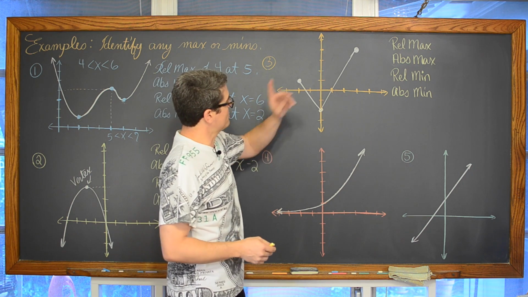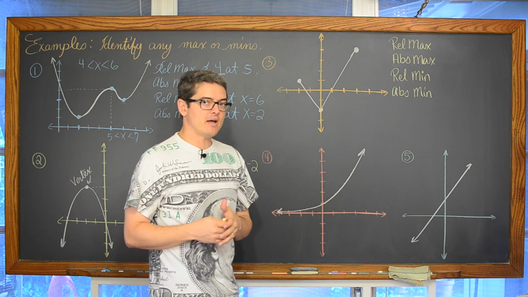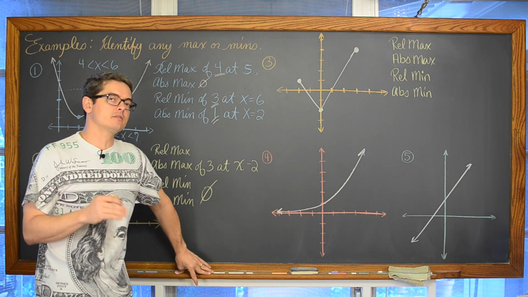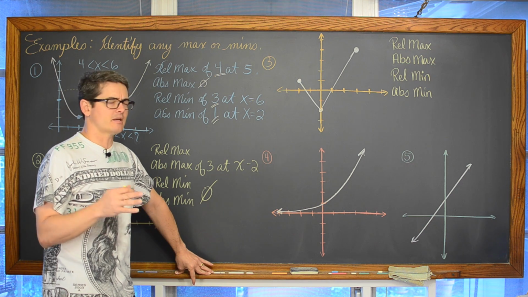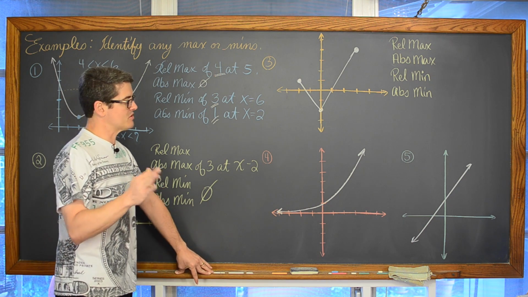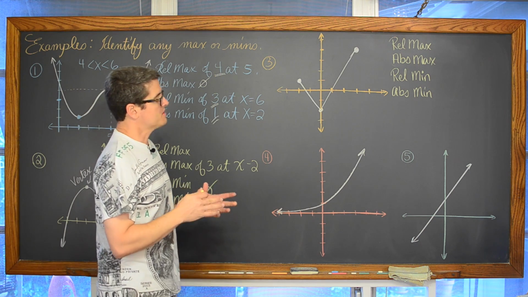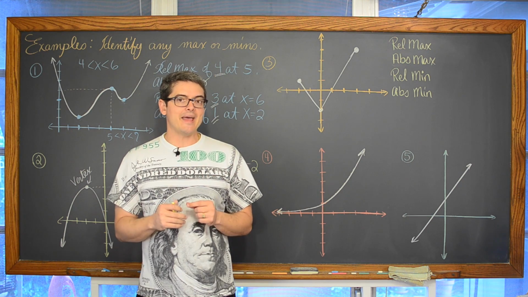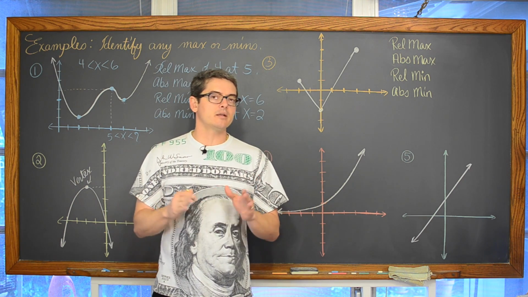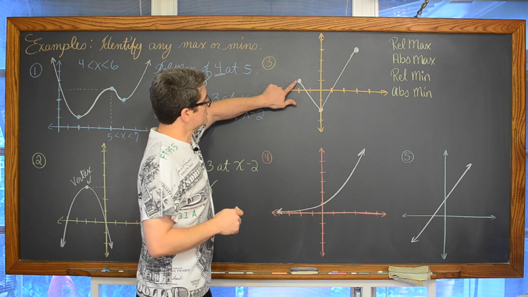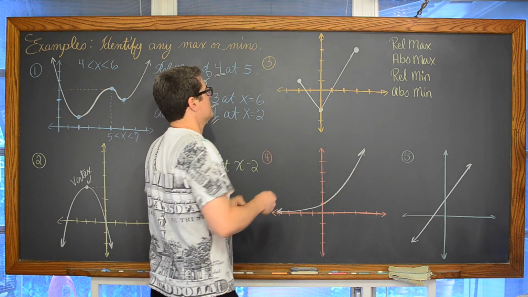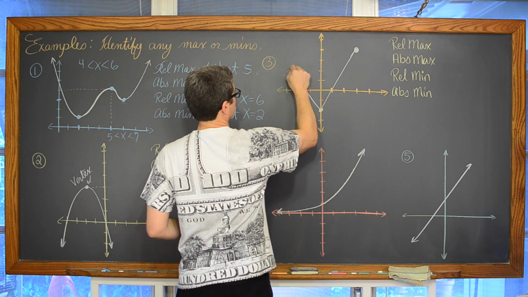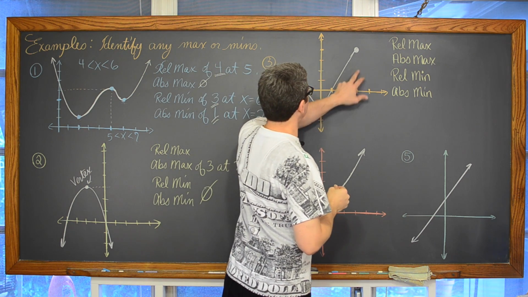We can see, let's see here, is there a relative maximum value? That's the one that I struggle with, the way that relative maximum is defined. I checked 3 textbooks just to make sure I was going to say it right in this lesson. A relative max is about a within an open interval such that f of a was greater than f of x on an open interval. I can see that there's sort of like a top value here. This is at the point negative 2, left 2, and up 1. So this is the point negative 2, 1. And then we have a point over here of 3, 4.